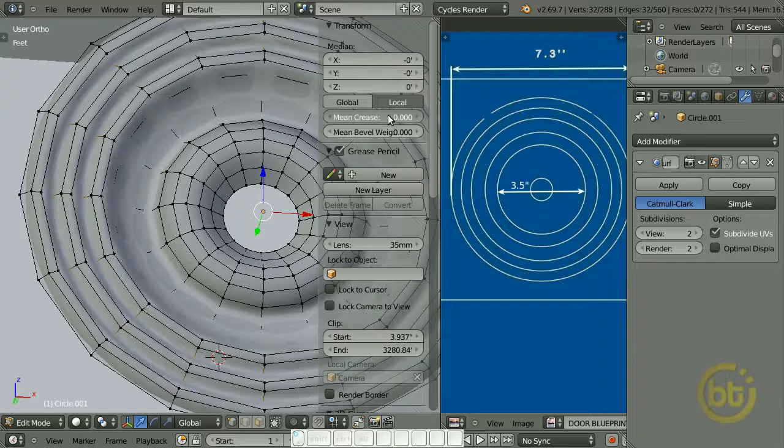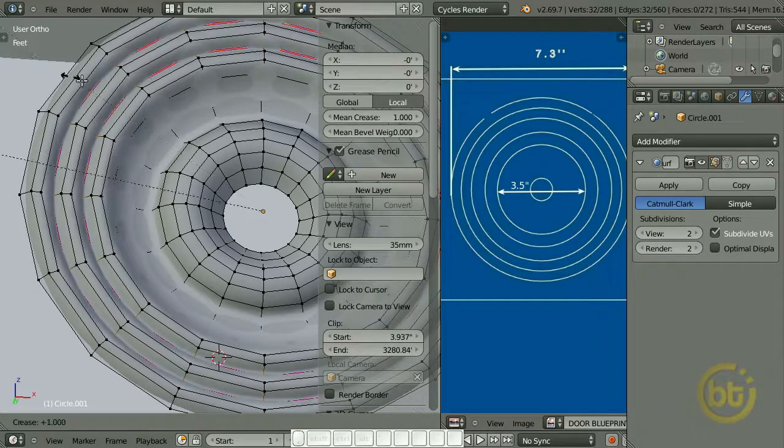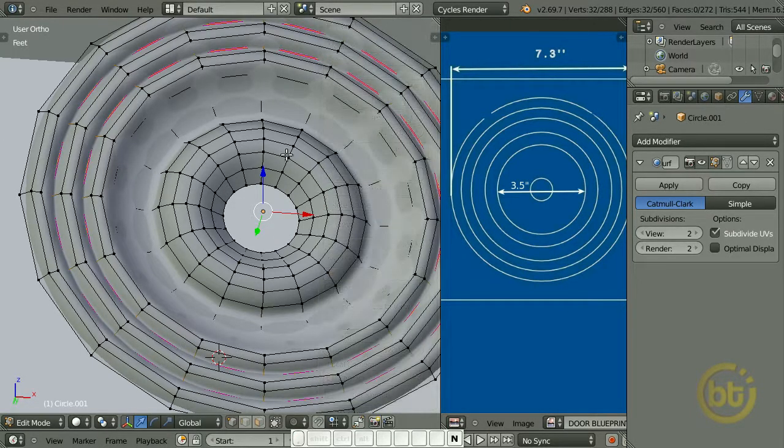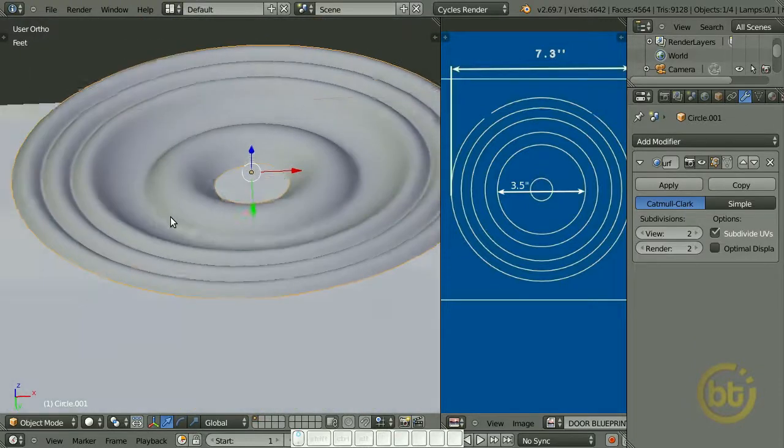You can use this shortcut. The shortcut is Shift E. You can use the shortcut to sharpen those edges like this. Okay, and press N to hide this properties panel. Now this one looks good,